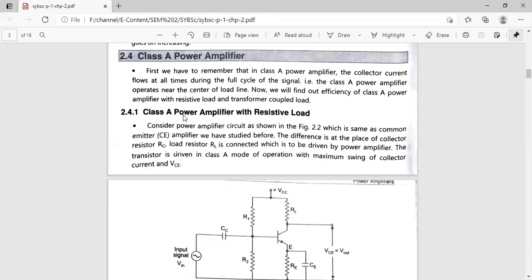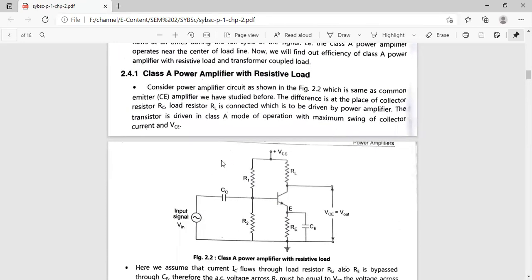It is going to handle a very large power, or it is going to amplify the power. What is amplify? It is going to increase the strength of the signal. And what is resistive load? At the output, we are going to connect a resistive load. All right, so this is how we have to design a class A power amplifier, and we have to check the efficiency of the class A power amplifier.